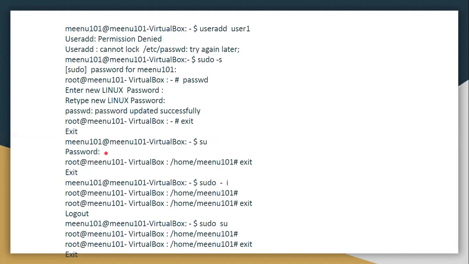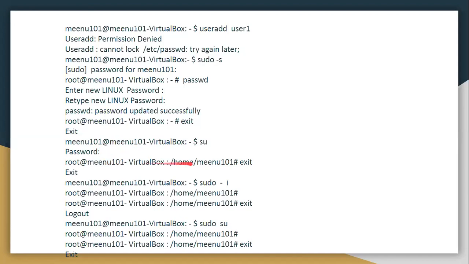It will ask you for the password, which I have created here for my super user account. I enter that password and I come to root. Now Minu is acting as a super user here, and there Minu is acting as a normal user. After entering the command su, switch user, it will ask me the password and I come to my root.